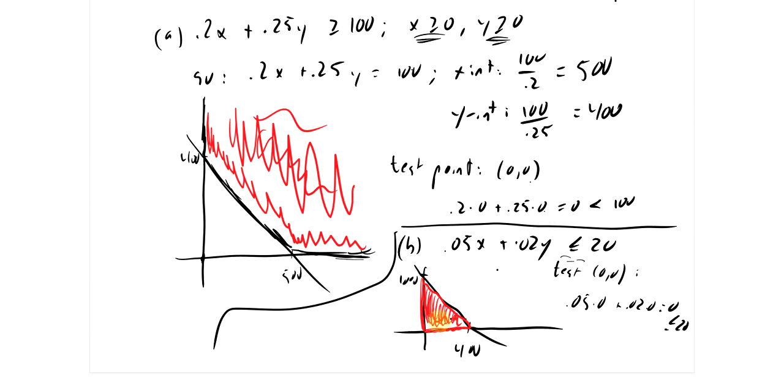And so any combination of brand A and brand B that's in this area, so if you had 100 pounds of one and 100 pounds of the other, that will make sure that you have less than 20 pounds of potash there. And of course, what we'll see in 5.2 is we can combine these two and say, okay, well, can we get a region where we get enough nitrogen but not too much potash? How much should we have of each to get